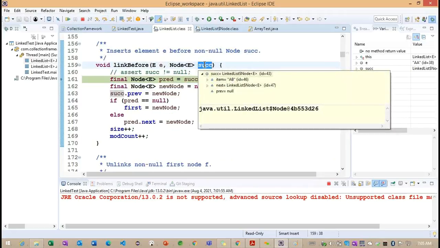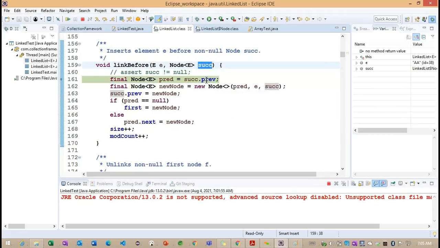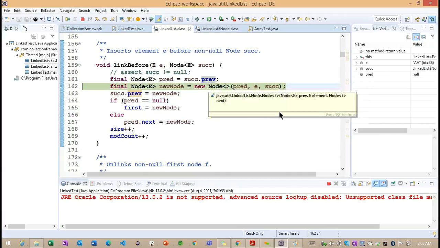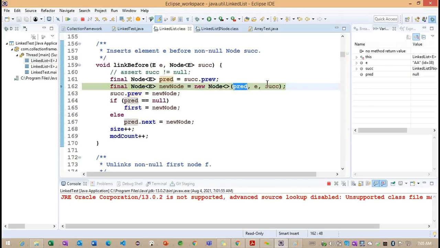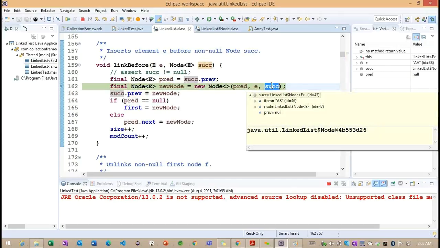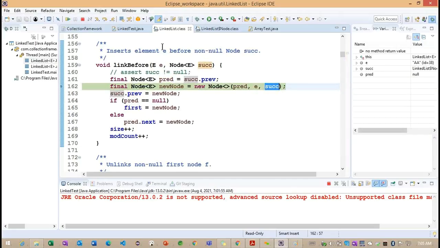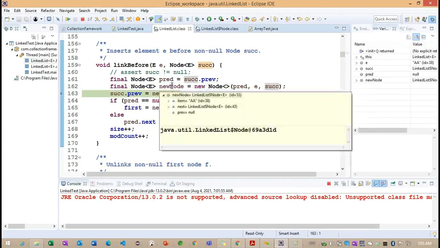Here we are getting the first node. The first node cannot have a previous node, so for the previous node we get null. Now if you observe, they are trying to create one more node with the help of this previous and the first node. Now we will understand how this new node is going to be created.